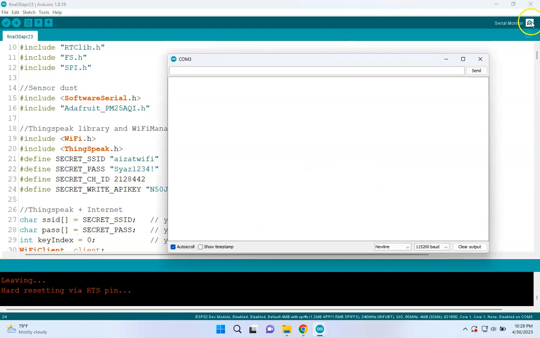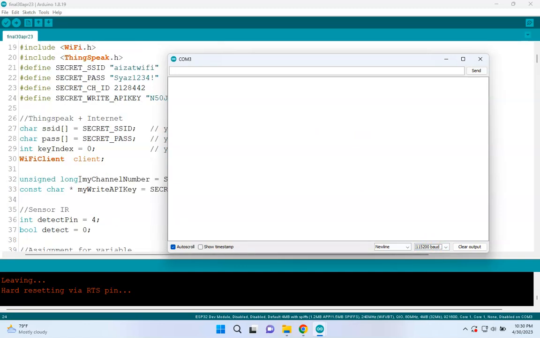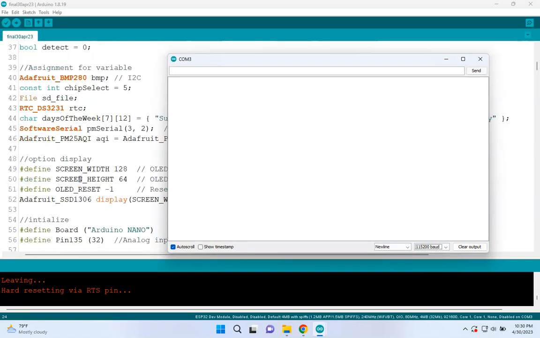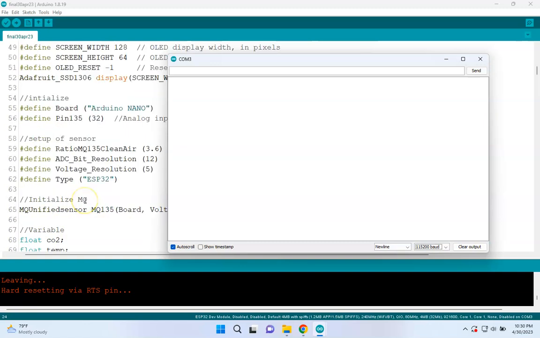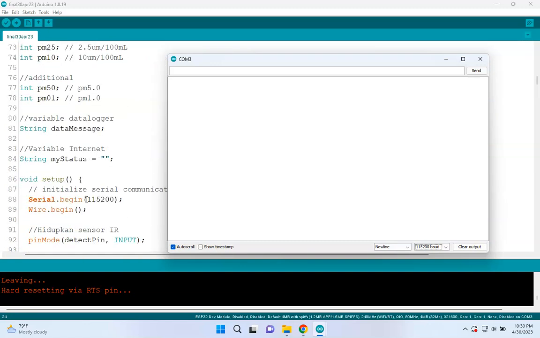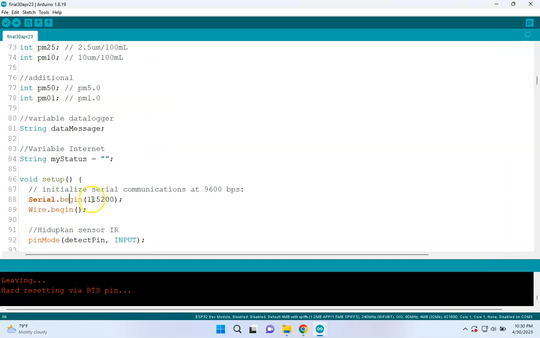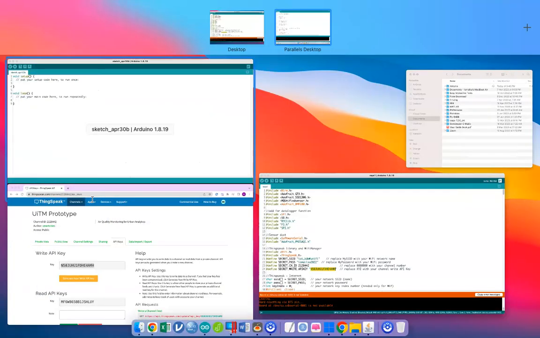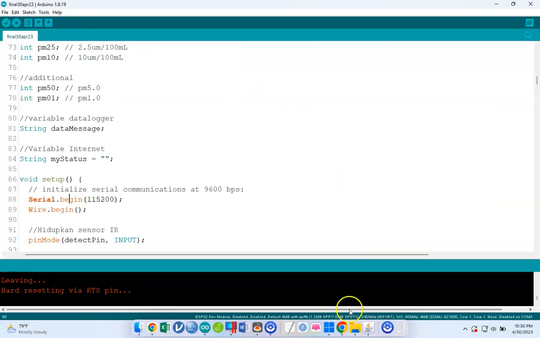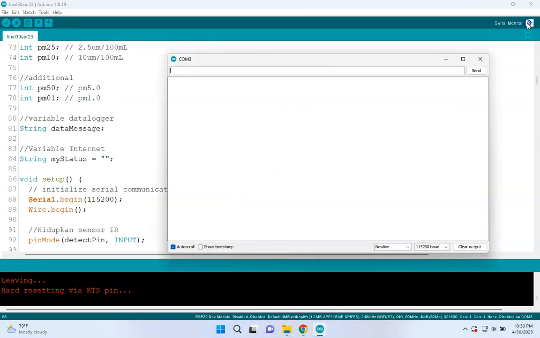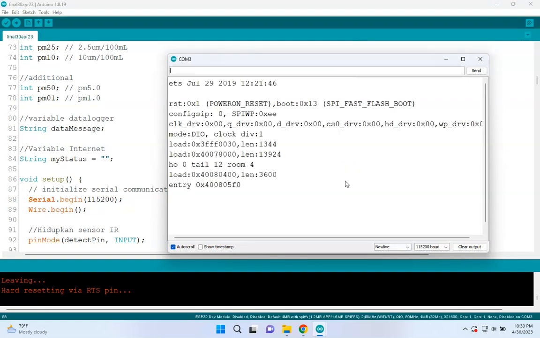Then I can go to the serial monitor and make sure that the baud rate is set according to my baud rate in the setup function. You can see over here, I already set up Serial.begin at 115200. Similarly, if I open the serial monitor over here and press the EN button,